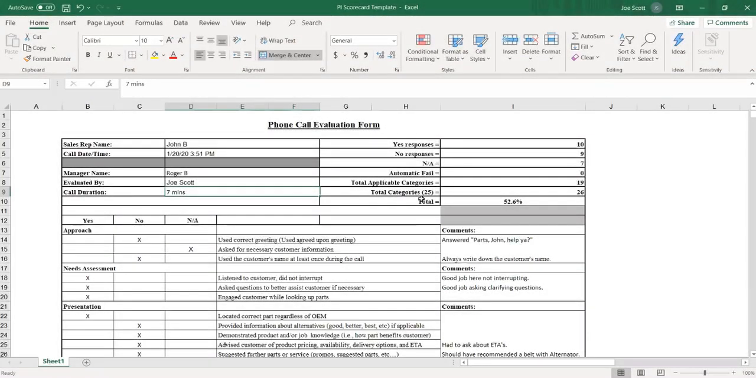Hello and welcome to this course that is going to outline for you a phone call evaluation form that you can use in your business to ensure that your phone calls are going the way that you want them to be going. Now, it's not really a secret that most of our sales, for most of us anyway, are coming